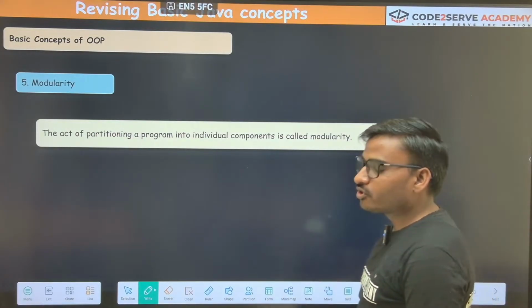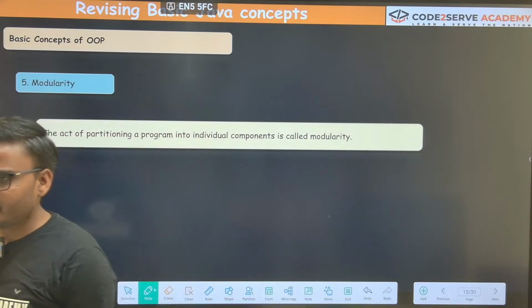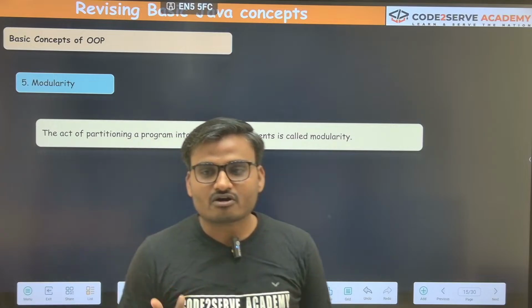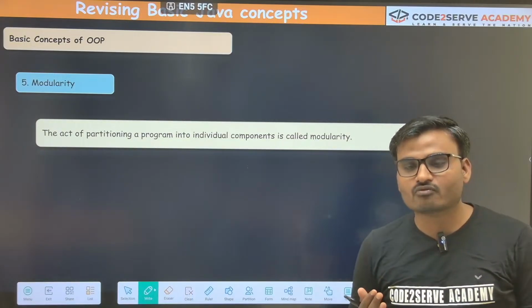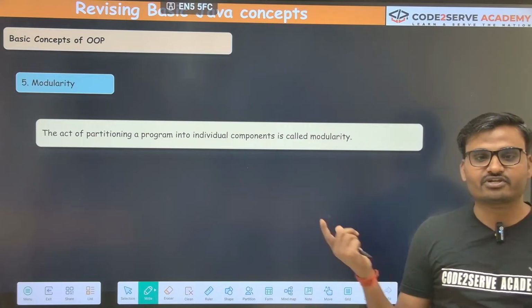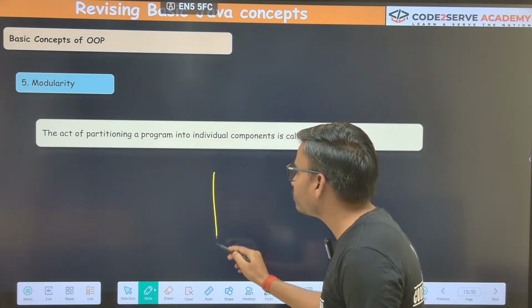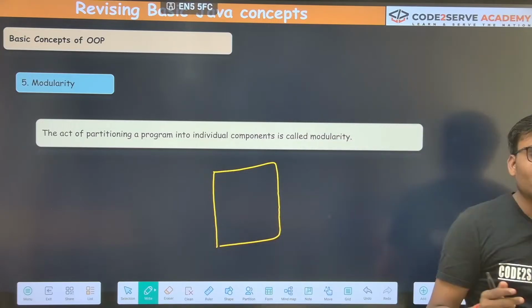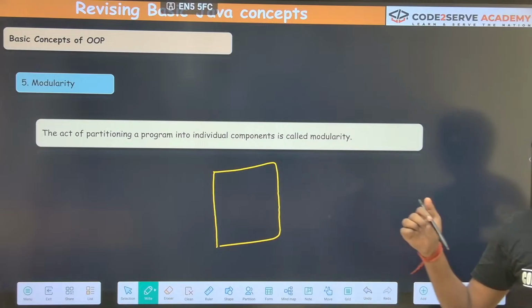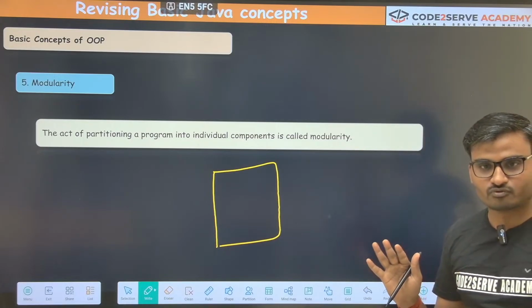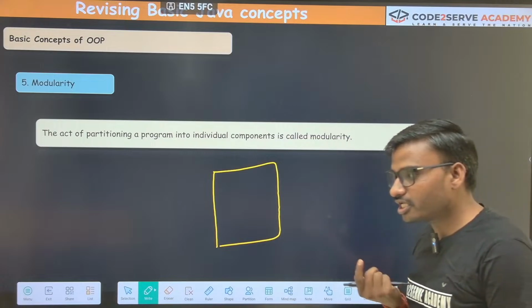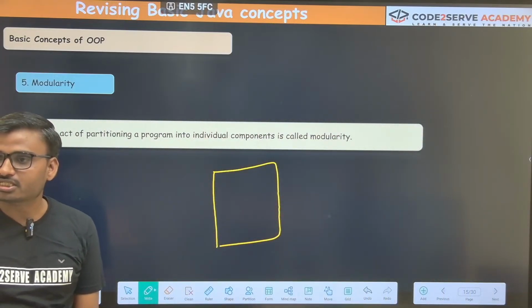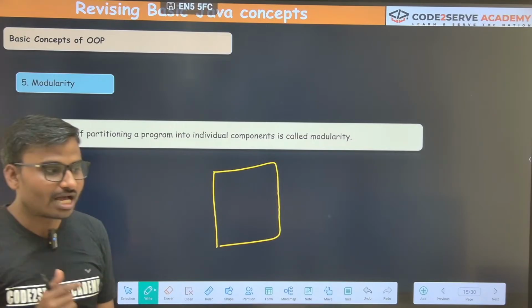Next is modularity. Modularity is a concept that we follow. Suppose when you become a software engineer and work for a very big company, suppose you are working for Facebook and you have to design Facebook. Got it? Facebook on its own is a very huge code base. Code base in the sense that you can assume there might be 10 lakh lines of code written to develop Facebook. Now think, suppose the like button is not working. Whenever you click on like post, the like is not happening. So what will happen?